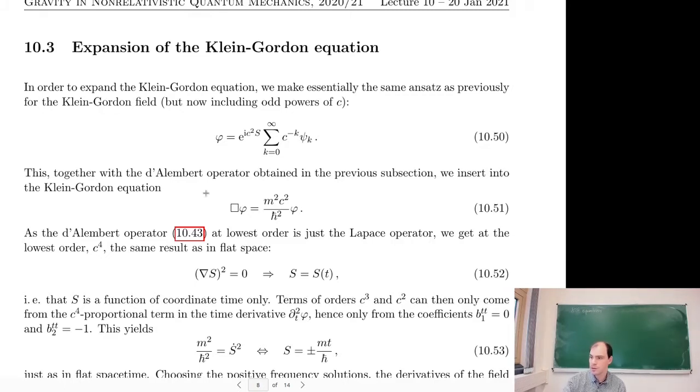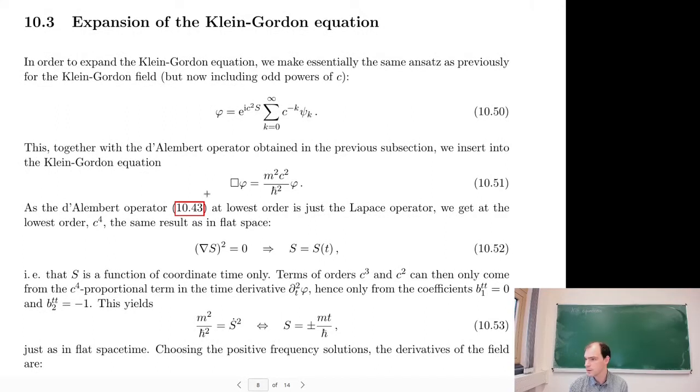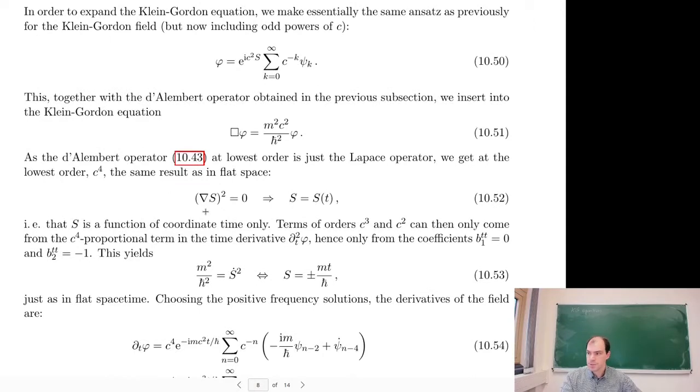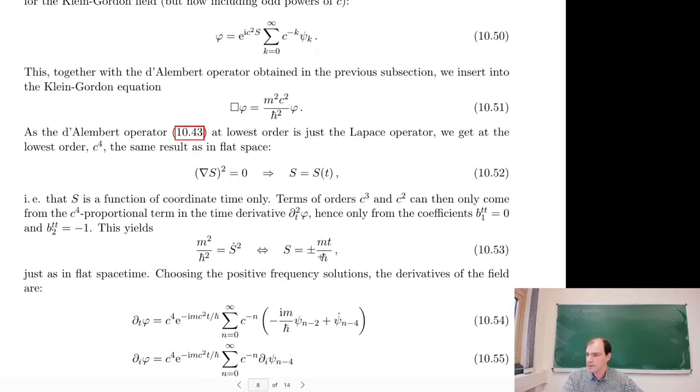But again, we can insert those, and we can look at the Klein-Gordon equation at the lowest order. And at the lowest orders, we do not find any difference, unsurprisingly, to the case in flat space that we discussed before. So again, the lowest order, which would be the order c to the 4th, or remember before we multiplied the whole equation by c to the 4, at this lowest order, we find again that the phase s is only a function of time. And then again, at the next higher order,